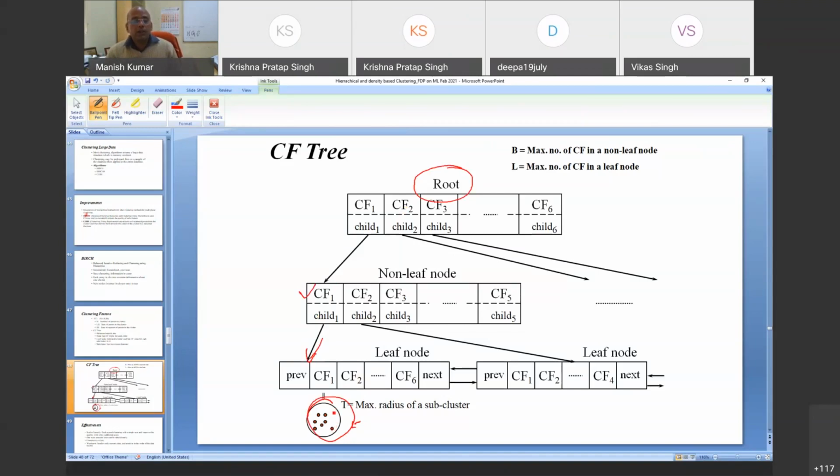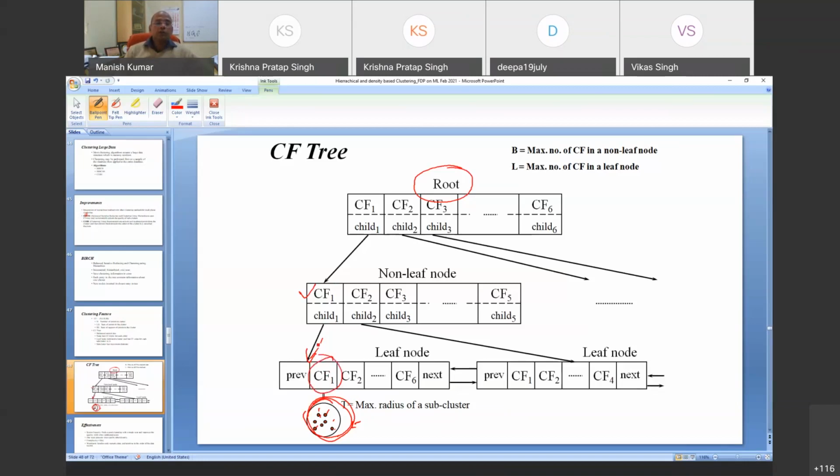When you see this entire structure, you will find that all the data points are kept in an ordered form. Why ordered? Because once I see that this is one cluster and it is kept in the leaf node, the closest points are sitting very near to each other. That is the beauty of it. And the clustering at the leaf node is done by k-means itself. Now the question is